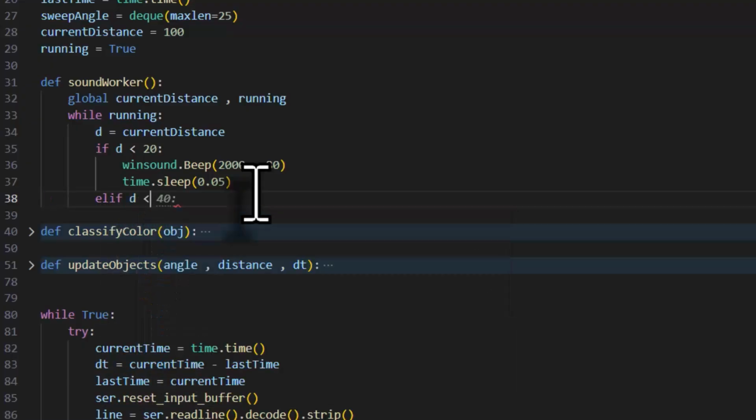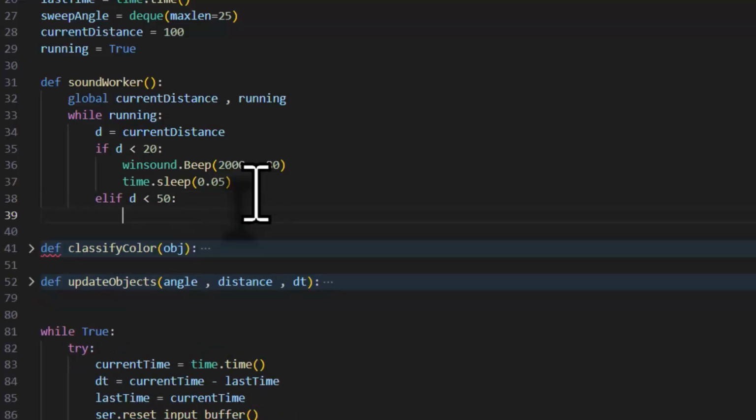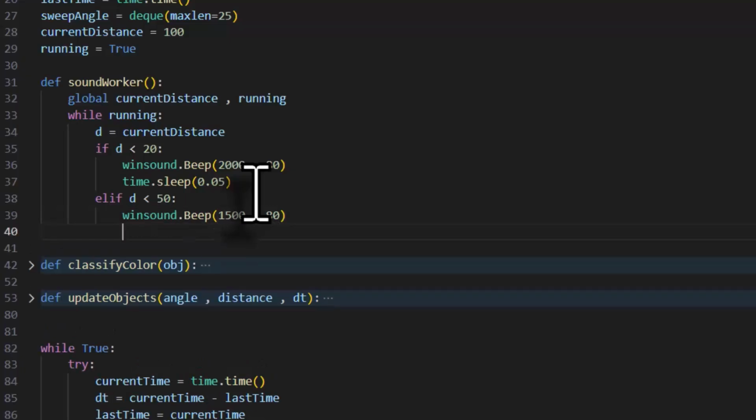Now if d is smaller than, let's say, 50 this time. So we started with 20, and now I'm gonna start with 50. So elif d smaller than 50, then what's gonna happen? Again, I'm gonna use my winsound library dot Beep, but this time I don't want to beep very quickly. Instead of 2000, let's say 1500. So 1500 for how long? Again, the time will be the same, 80. Now I just make a little bit longer,